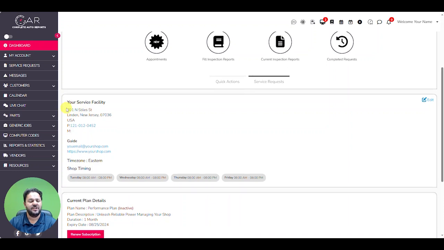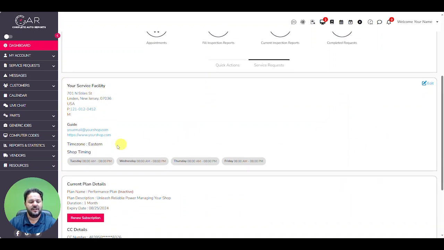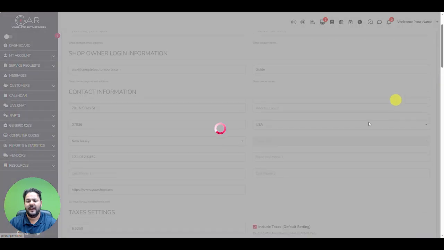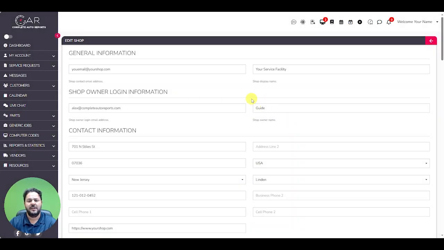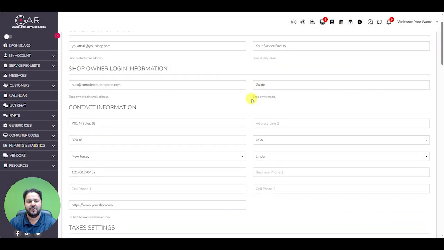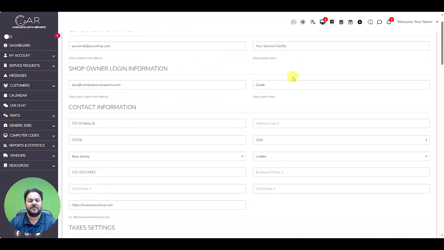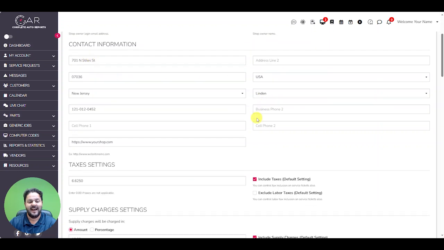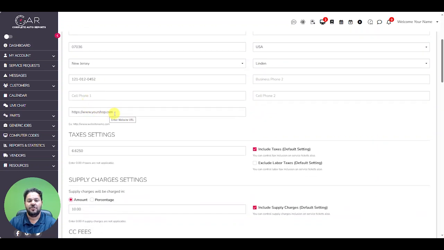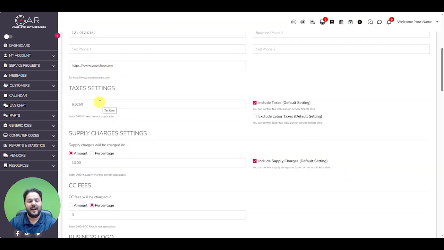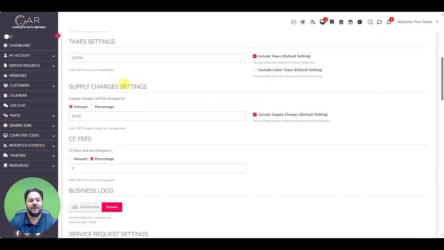In the next section, you'll see your shop information along with your time zone and the times that your shop are open and the edit icon. Clicking on edit will give you the ability to input shop information, particularly your general information, which shows up on printed invoices, which will have your email, service facility name, contact address, phone number, shop URL, and now we start getting into private settings. So you have taxes settings, whether you want to include them, exclude them for labor,